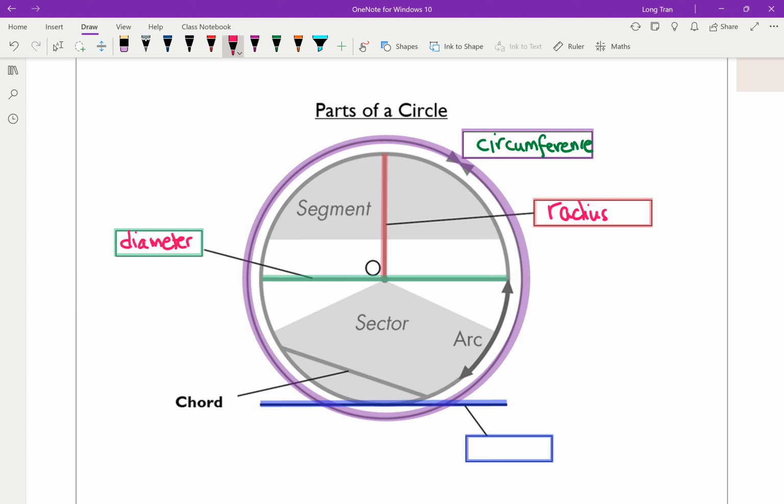Now, there are some new terms. You don't need to know them all. Next year, you will learn them all. But at this moment, I'm going to give you a couple of names to get you a bit more familiar with them. Because today, we're learning what we call sectors. Now, let's have a look at a sector. What is a sector? Notice the shaded region here,